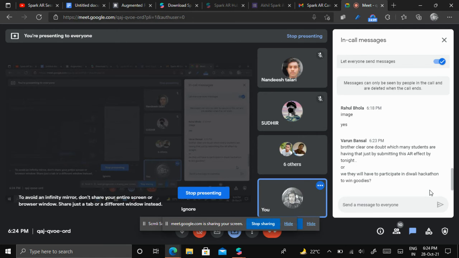It's not like that. This hackathon is just for participation. You can submit your effects for the Diwali hackathon, and in later sessions you will be given assignments. At the end of this course you will be getting all the goodies like certificate and badges. The top three participants will be getting some $10,000, I think, and all the rest who have participated in these hackathons will be getting goodies at the end of the course. Participation is the important thing.